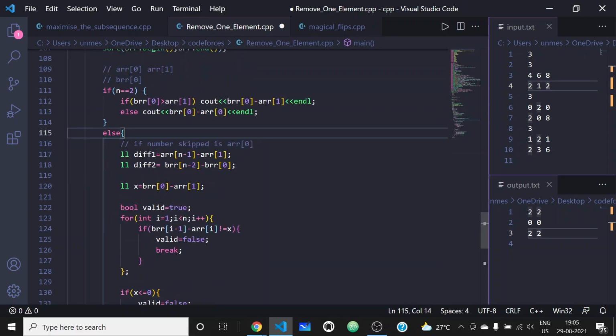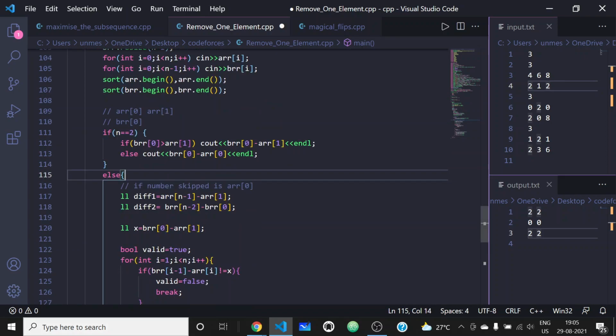And now let us consider the general case when n is greater than 2.